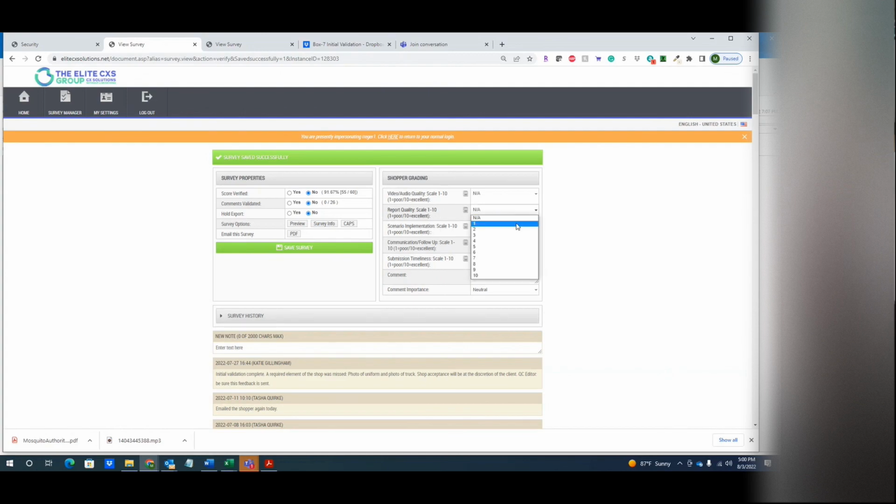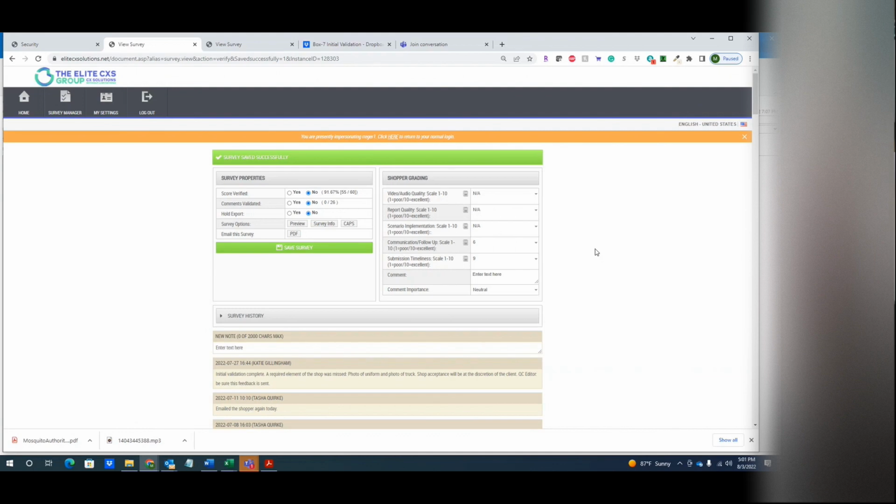These are dropdowns, 1 to 10. Let's be nice, but let's be fair. If they had 1 or 2 little corrections that needed to be made, they don't deserve a 7. If it was a train wreck and they had a lot of errors, but they provided some good detail, they probably don't deserve a 4. So let's be fair. If they're providing good details, they just really need a spell check program,